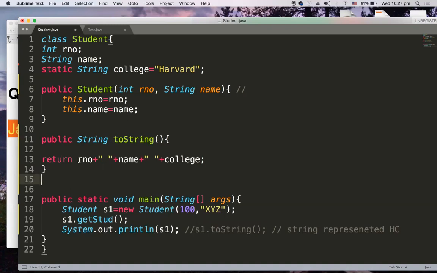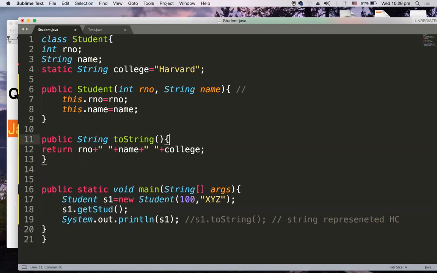Whenever the plus operator acts on two arguments and at least one argument is a string, the result is a string. Here roll number is an integer, but my second operand is an empty string, so it becomes a string. This is how we have overridden toString.